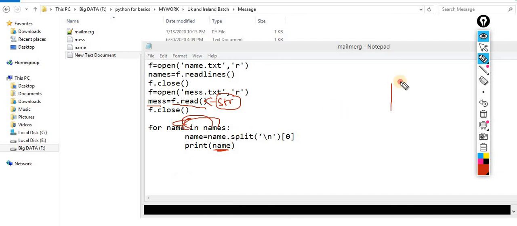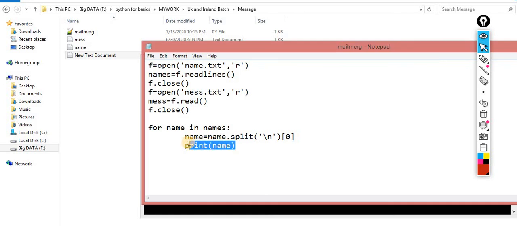I have to create a file whose name is according to this variable. Let's suppose the first name is Ram, then the file Ram will be created, in W mode. W mode means if the file is not there, it will create a new file, as we discussed. Now understand it.